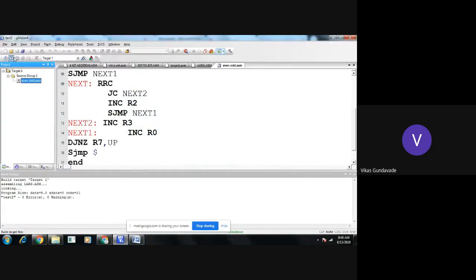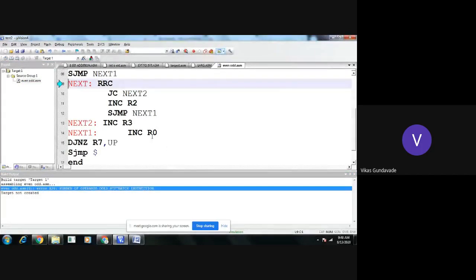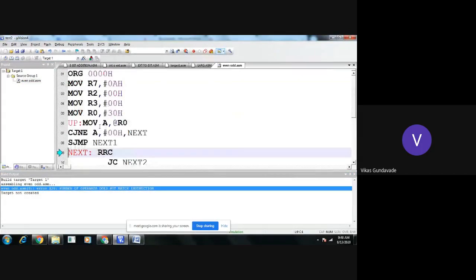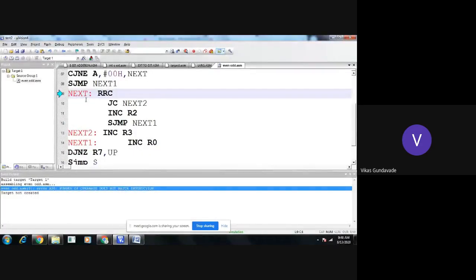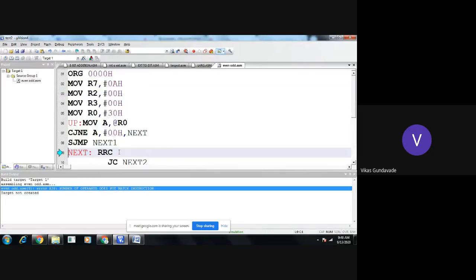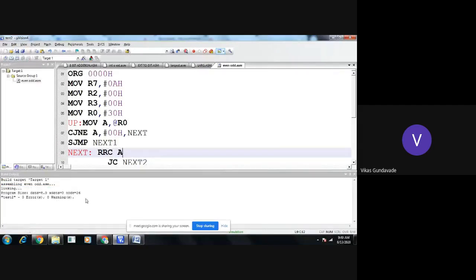Now we will check. Number of operands does not match. Next, what happened here? SJMP NEXT1 is given here, NEXT2 is given here. Right, so here we have not written RRC A.